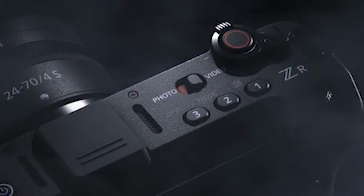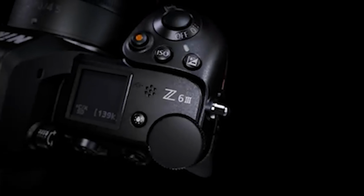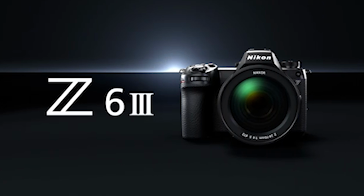I just pre-ordered the Nikon ZR, but here's the catch. I won't actually be using the max settings most of the time. My main workhorse is a Z6 Mark III, and this is one of the main reasons, because I've been having lots of issues or lots of concerns, some of which from clients, some of which from my own projects,